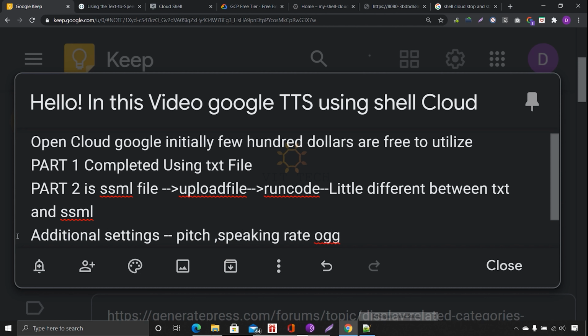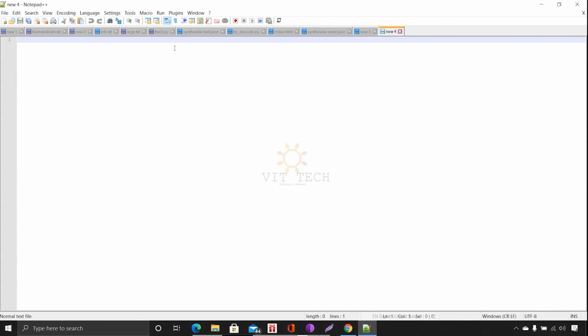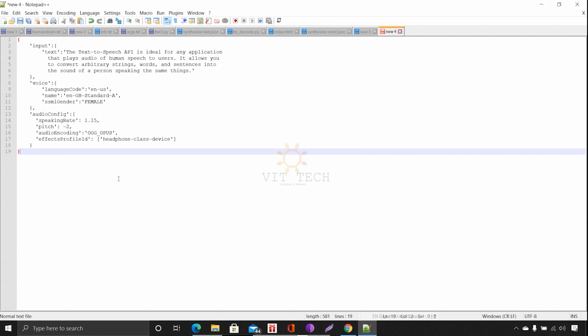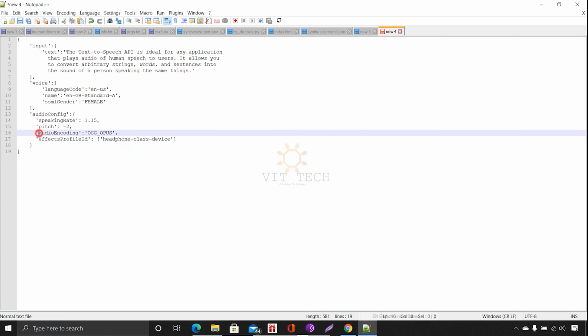Again, for this the same thing is required: uploading the JSON file and running the code. First go to Notepad and create a new file. This is the code for synthesis SSML with pitch and speaking rate. You can see we have put pitch, speaking rate, and audio encoding.